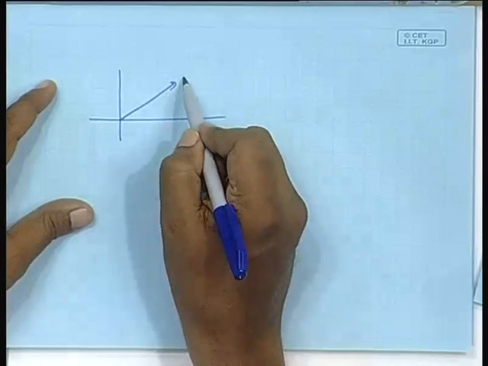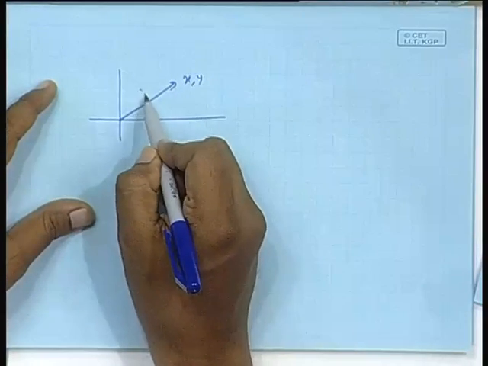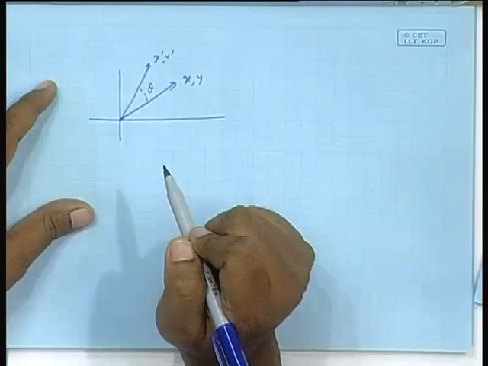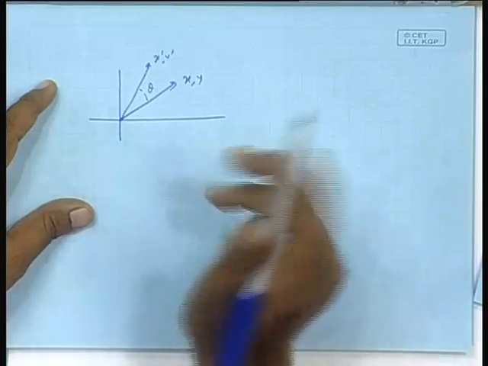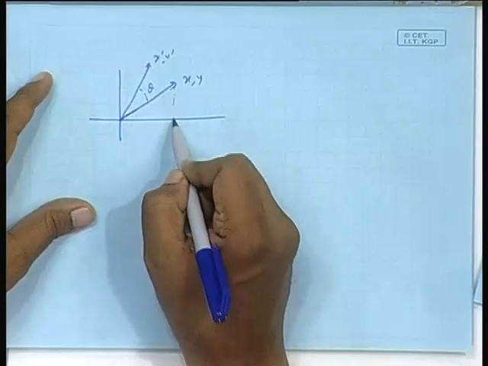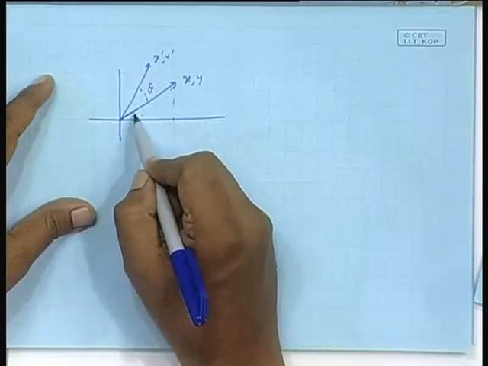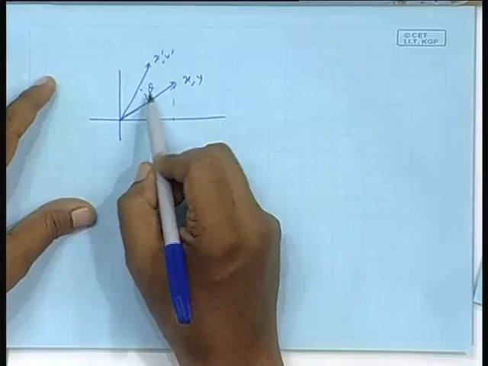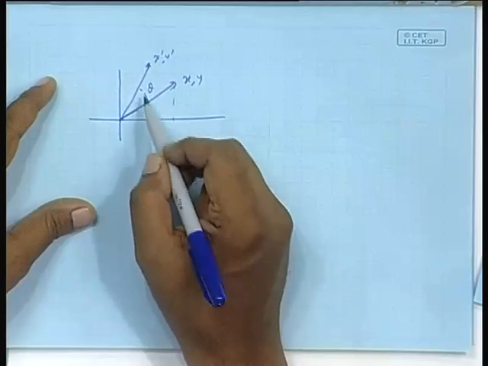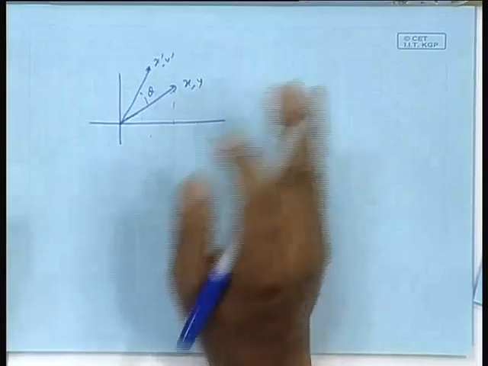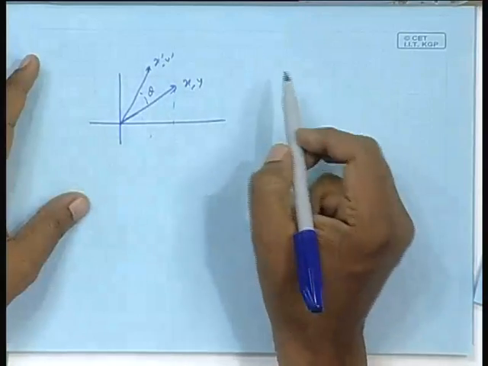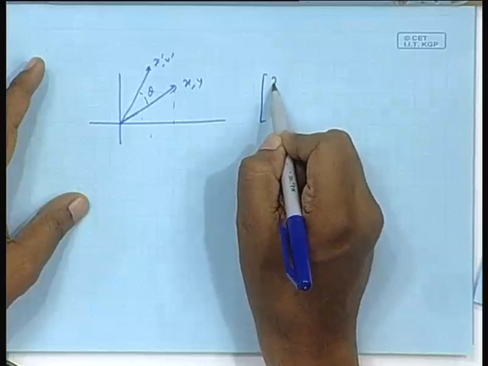Suppose there is a vector x y, you rotate it by theta, you are here, x prime y prime. What is x prime y prime? You call the length p. If you give this name alpha, p cos alpha is x, p sin alpha is y, and then here same p cos of theta plus alpha is x prime, p sin of theta plus alpha is y prime. Expand them and use those facts that p cos alpha was x, p sin alpha was y, and you get a formula.